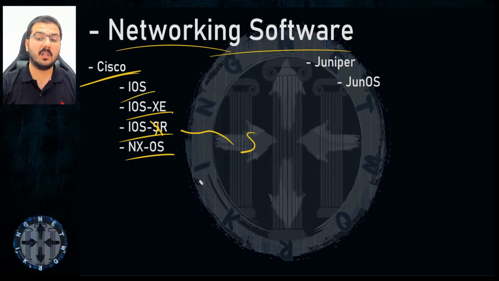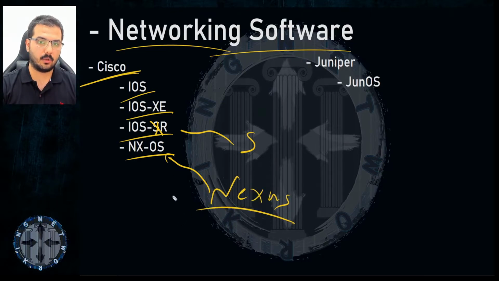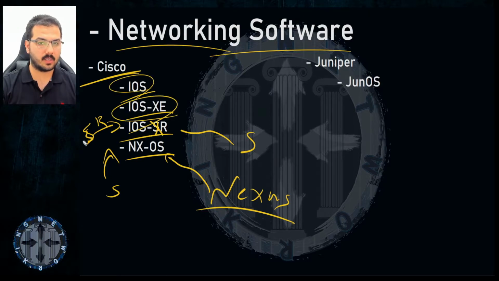routers only. You will never see a router running NXOS on the other hand, because it's for Nexus switches from Cisco line of production, and that is also never a router. So this is a router only. This is, I'm sorry, an XR. This is a switch only. You can find iOS and iOS XE on both routers and switches and firewalls, not a problem. And mostly the firewalls will be iOS XE only, not iOS, not iOS XR. The firewalls will be with iOS XE.